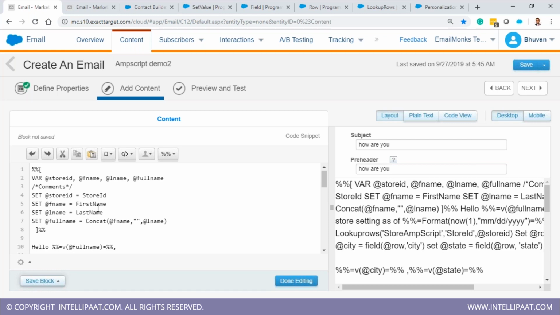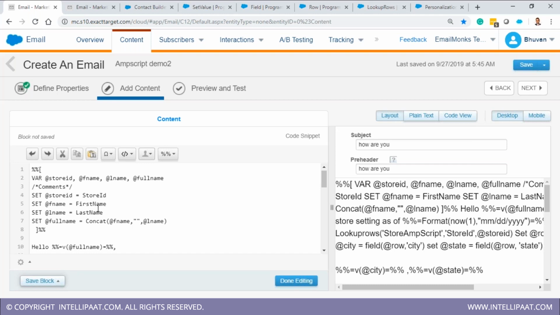It shouldn't be. There has to be a default value in the data extension. You can handle it at the data extension level as well. While creating a field in the data extension, there's a default value option. You should mention customer over there. So if it is blank, the system will automatically populate customer instead of putting blank, which is very bad if it goes out blank. But in the code as well, you can do that by